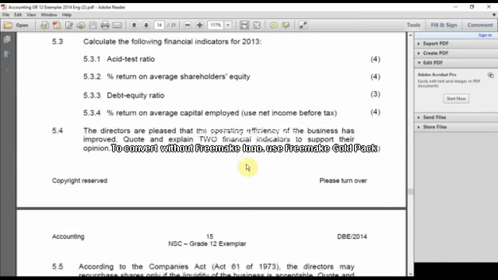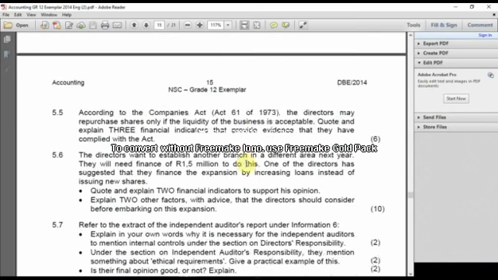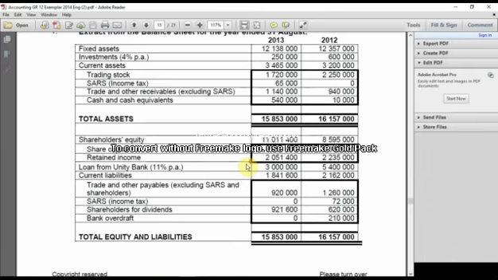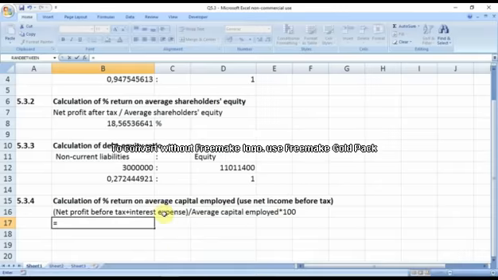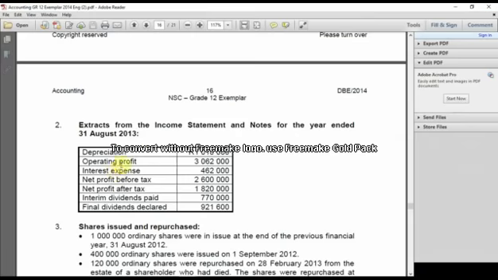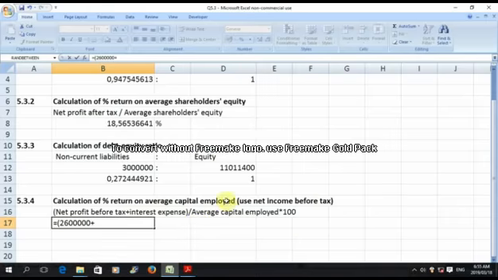So for profit, we look in our income statement, we are looking at the net profit before tax, which is 2,600,000 rand. So we have 2,600,000. We know we have to add to that the interest expense, which is given as 462,000. You see, if you add these two back, you get to your operating profit, in fact. So we have to add the 462,000,